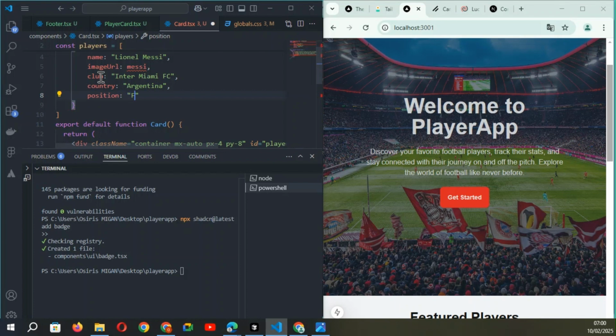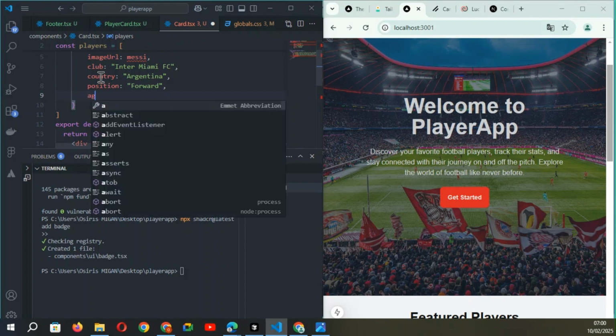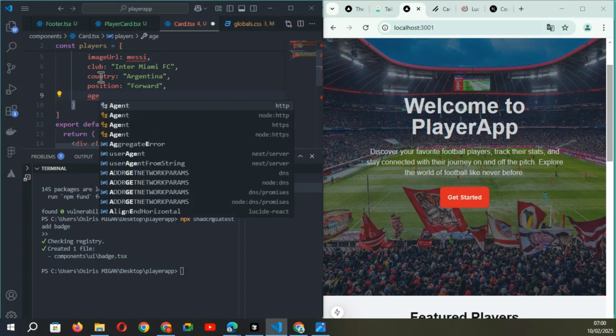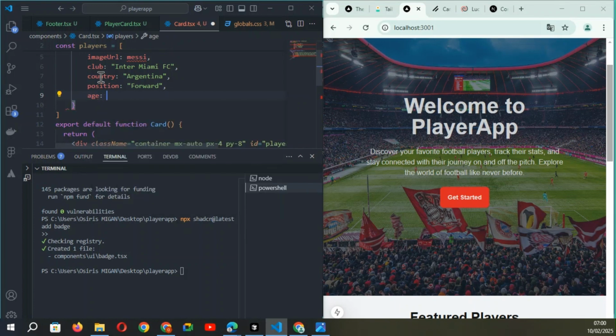Okay, the age of the player, number, the type is number, so I specify directly number. Okay,